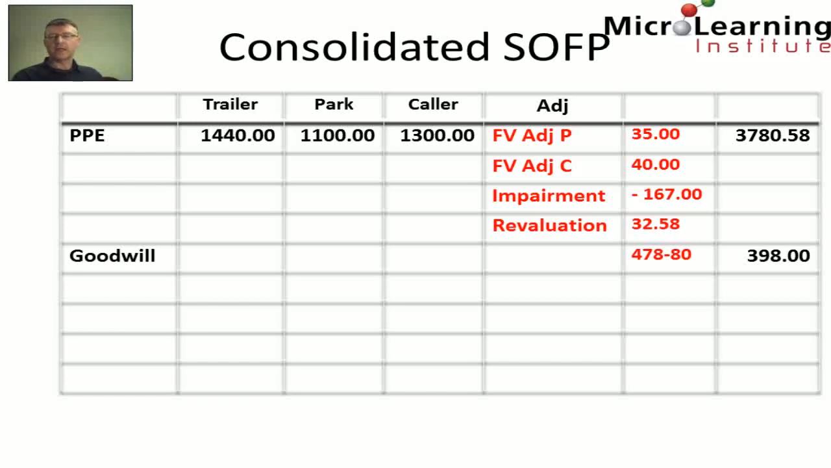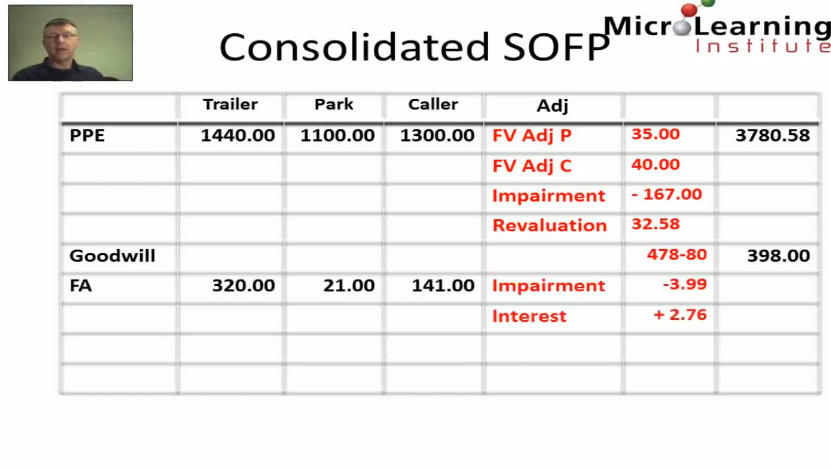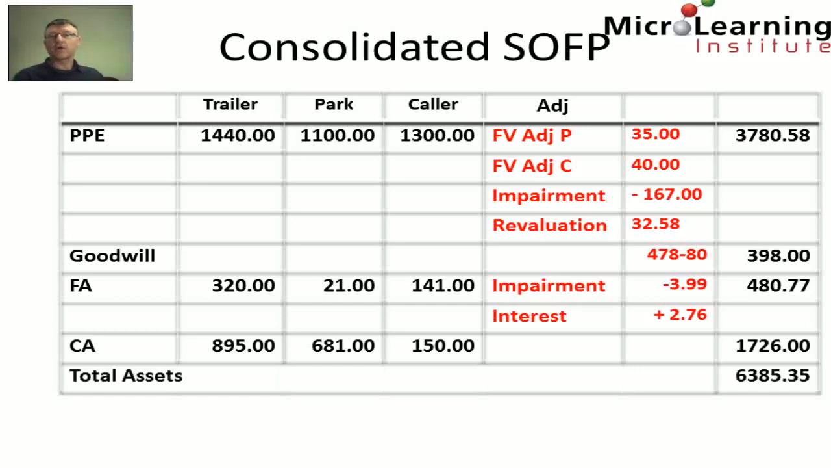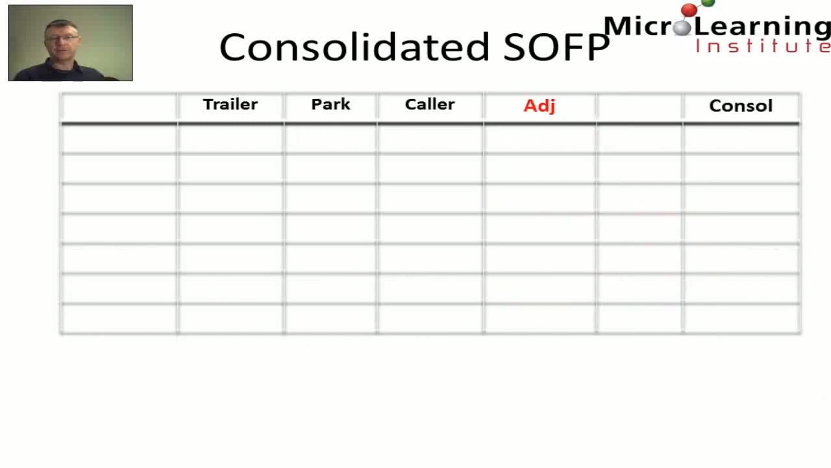So Goodwill consolidates at 398. Financial assets, we had the impairment of the financial asset of 399, and we also had interest, which increased the value of the financial asset of 2.76. So our financial assets consolidate at 480.77. Current assets, simply the sum of the three individual entities at 1726, giving us a total assets figure on the consolidated statement of financial position of 6385.35. So looking at the other side of the statement of financial position, we have ordinary share capital, which of